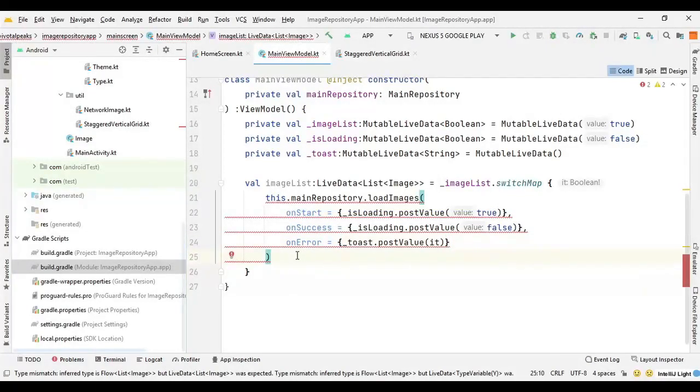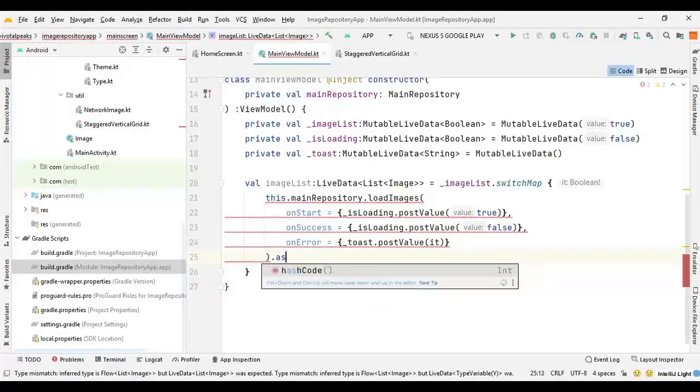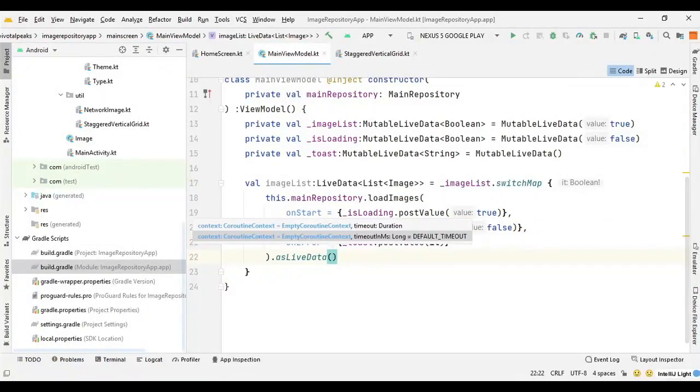Afterwards we can call the calculation as a live data function on this. So we can say dot as live data, and it requires a coroutine context, because coroutine context include a coroutine dispatcher to determine what thread or threads the corresponding coroutine uses for its execution, because coroutine always execute in some context represented by a value of the coroutine context type.